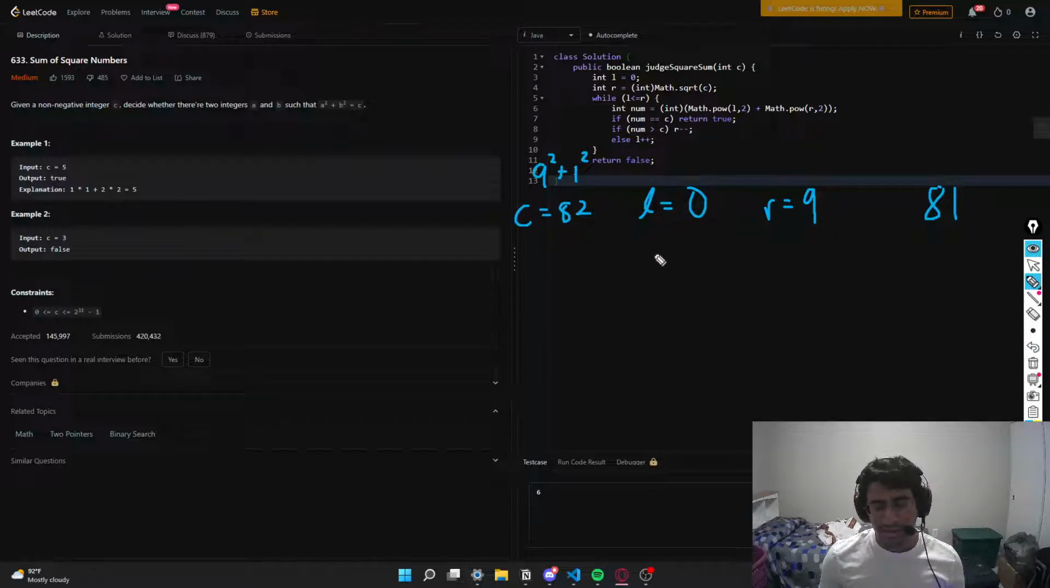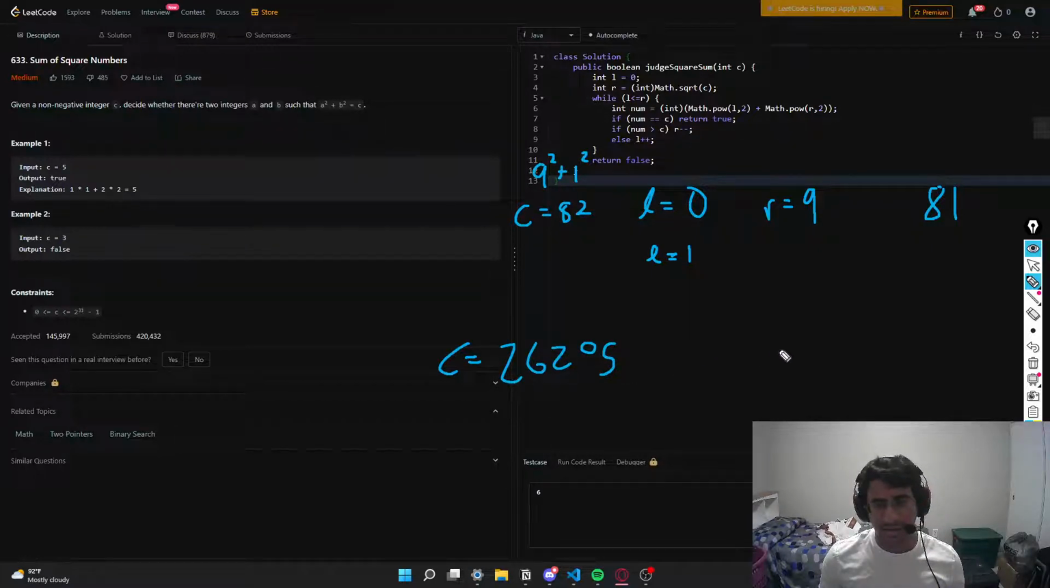Let's say L plus plus. So L equals 1. Then we'll realize that this actually converts to 82. So now, this is where I got a little confused. Because, let me bring it up. Because in theory, if you had a really big number, like c equals